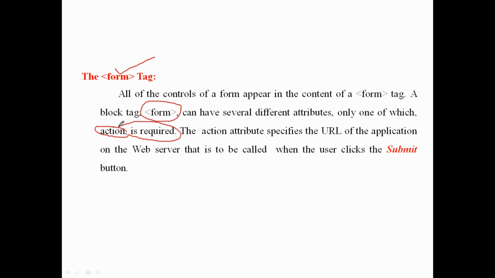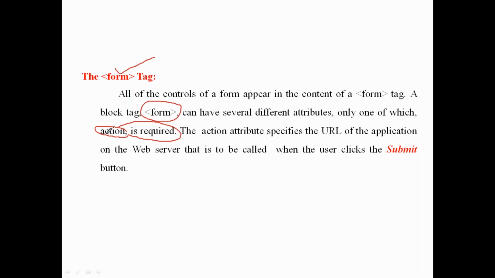For example, when you create a form, you can give additional information, more than one attribute, but the only one required is the action. When you click the submit button in a login, where does it go? For example, after submit it goes to the home page. Like Facebook, while entering, you must provide the username and password.